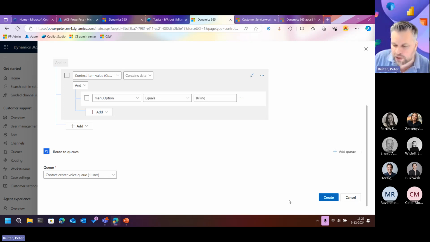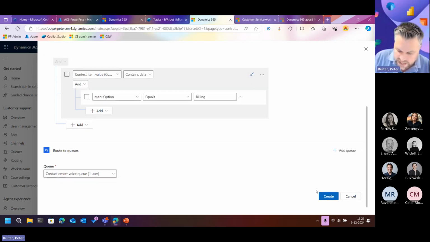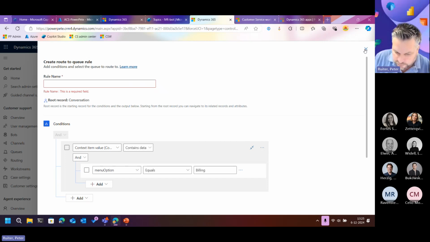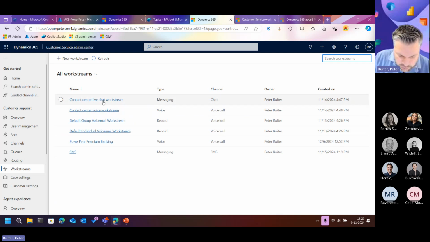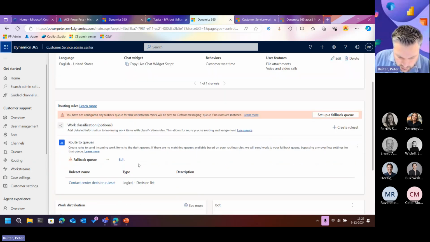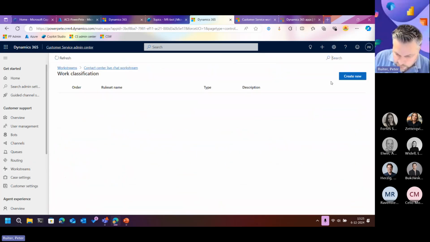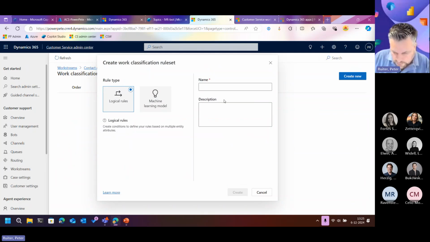Your question was literally, how can we extract skills from this? That is basically the same thing. So I can use it for routing. I have to put in a name. Well, let's skip that. I can do it for routing. I can also do the same thing on the classification one, right? So on the classification one,